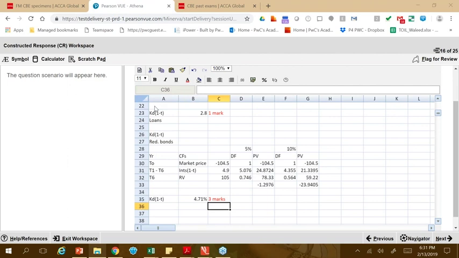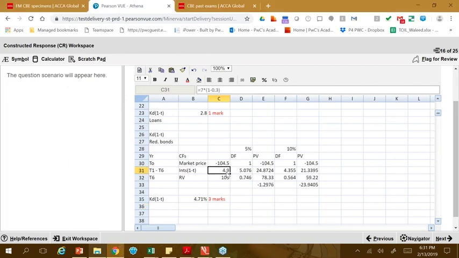Is market value always considered in DVM? Well, the market price of share is always used in that rearrangement of the growth model. And the final question here is, can you go over C31? The C31 is here. So that is the interest, which is $7 into 1 minus the tax. So I hope all the questions are answered at this point.